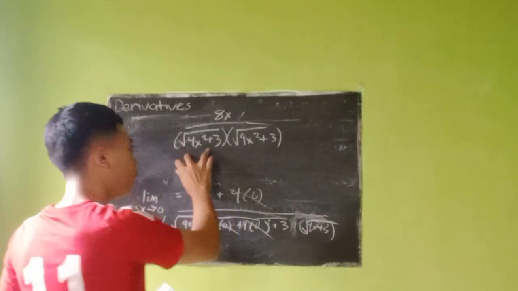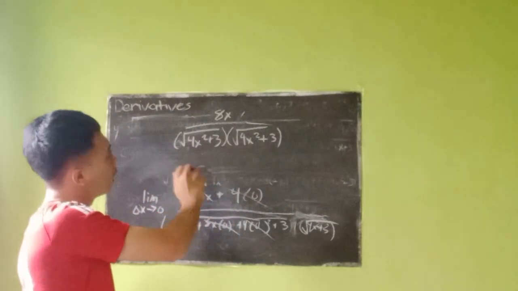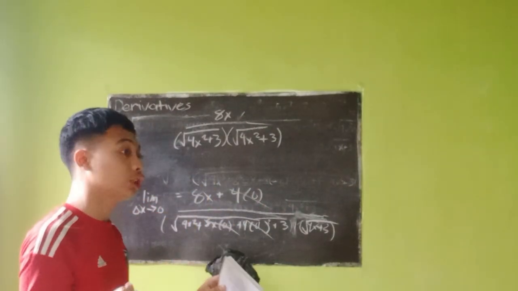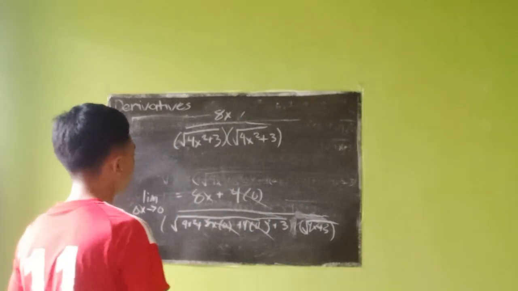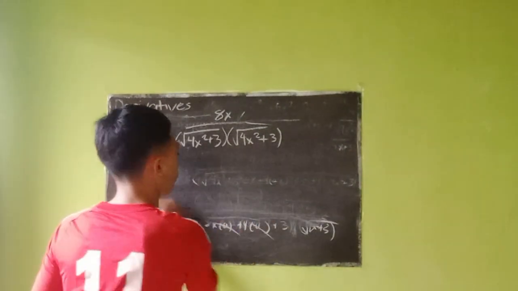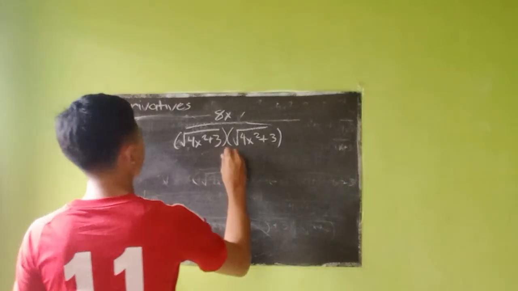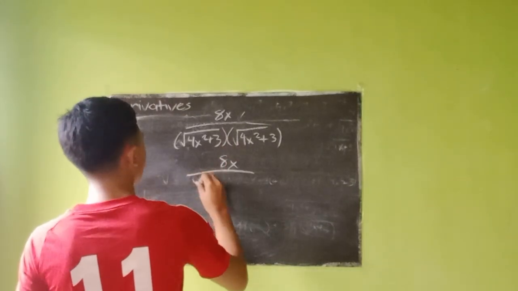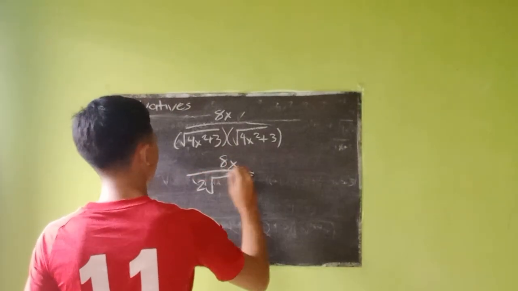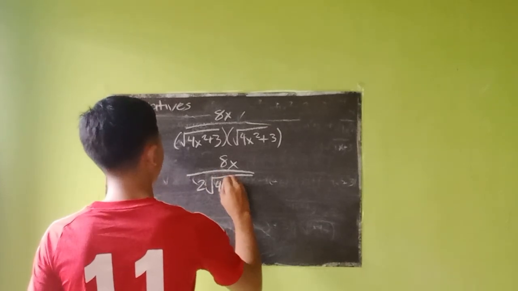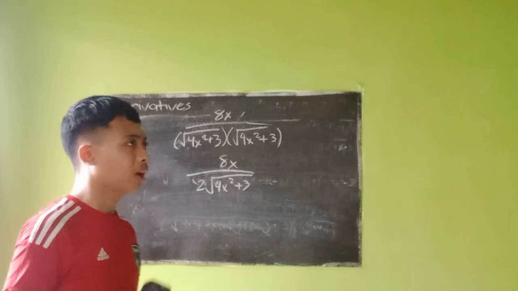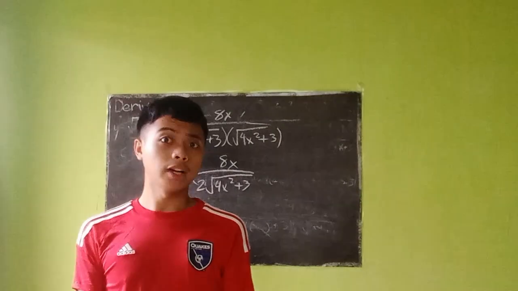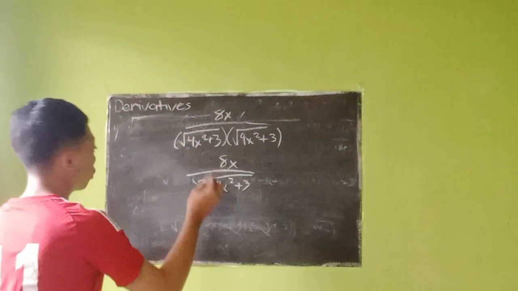2. Now this, what's inside of the radical, it won't be able to change. Only what's outside of the radical. So this one will turn into 8x, 2 square root of 4x squared plus 3. But is it already done, or is it the final answer? No, because we still have to